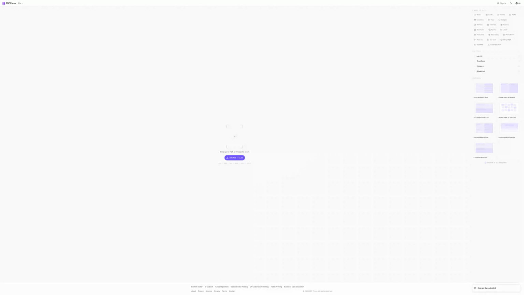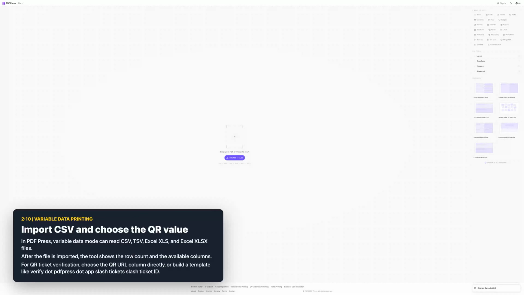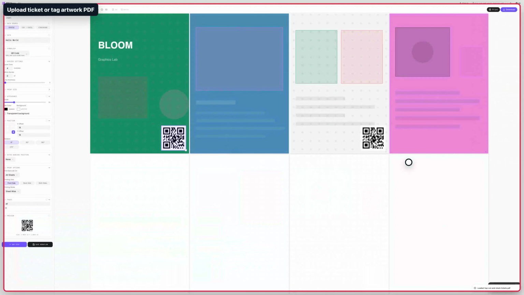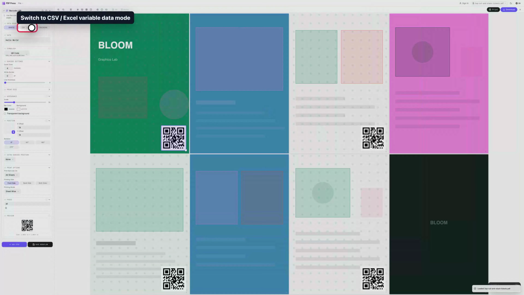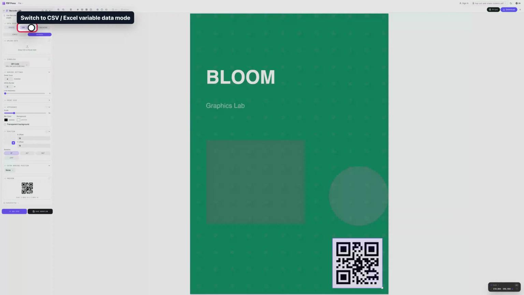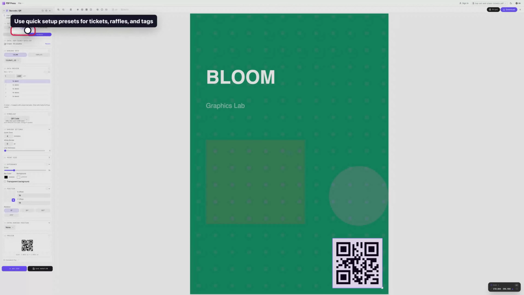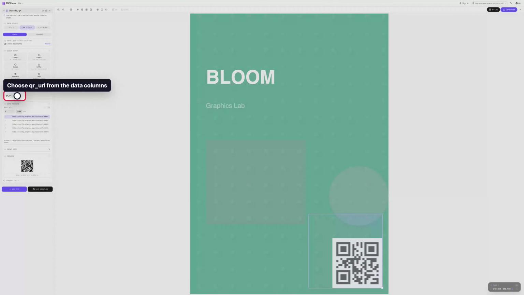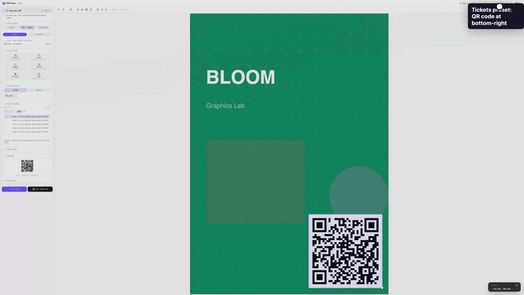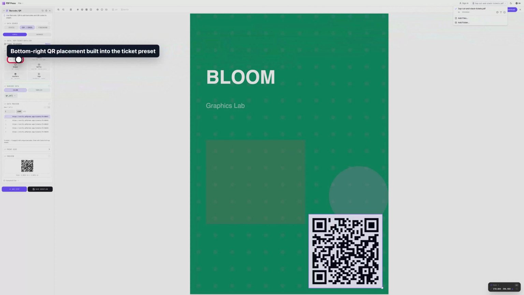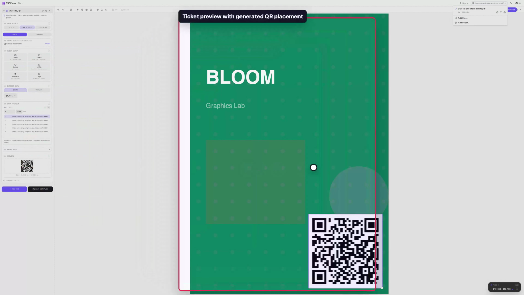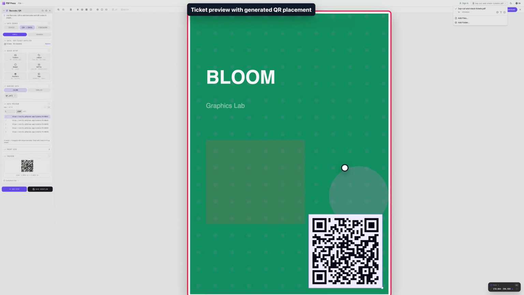Import CSV and choose the QR value. In PDF Press, variable data mode can read CSV, TSV, Excel XLS, and Excel XLSX files. After the file is imported, the tool shows the row count and the available columns. For QR ticket verification, choose the QR URL column directly or build a template like